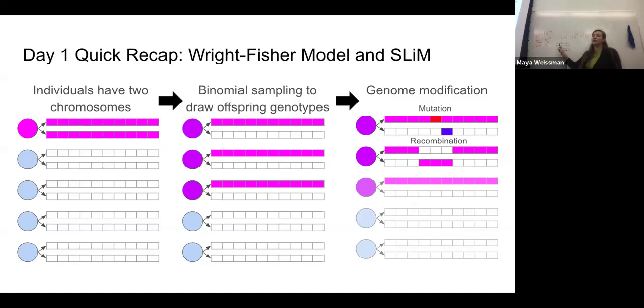So if you have two mutations that are on the same chromosome, if no recombination occurs, you're going to inherit the entire haplotype every single time. And so these will be perfectly linked. But if recombination occurs, all of a sudden, in a later generation, I might only get one of the two mutations and not the other one. And if you have weird genetic interactions, that might end up being important,